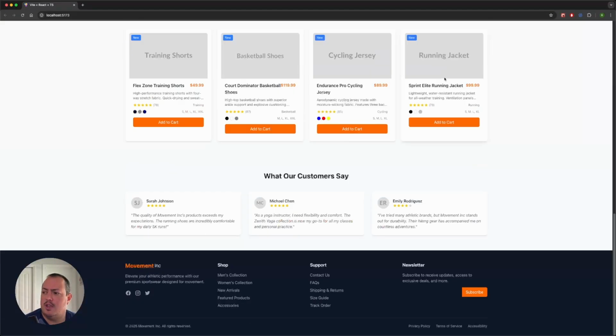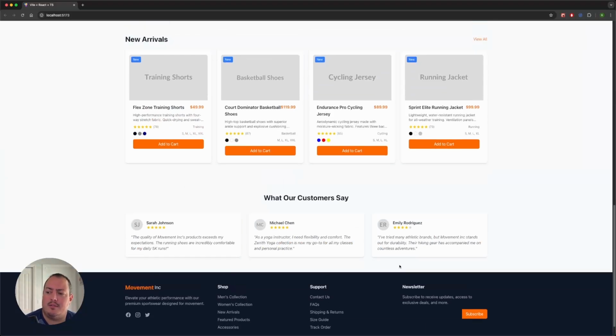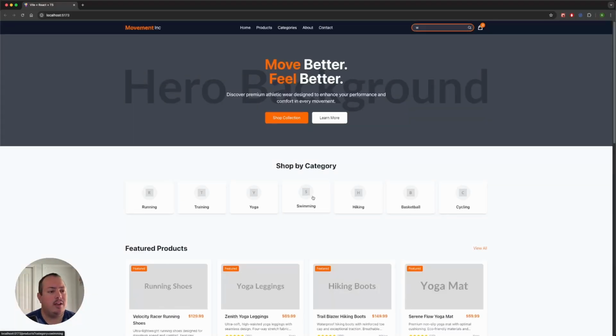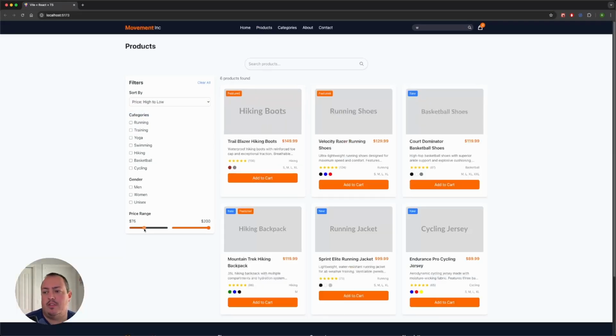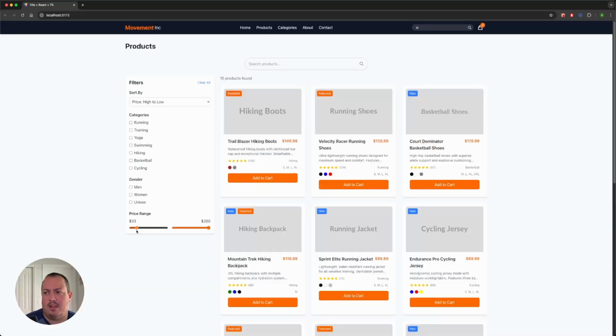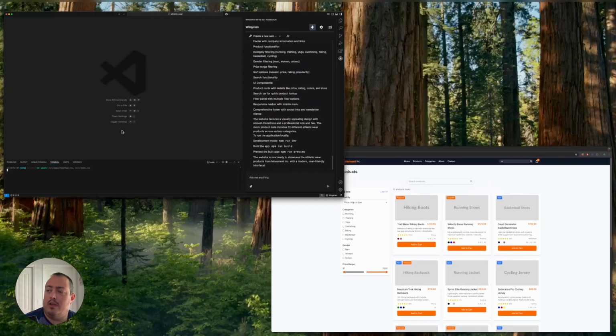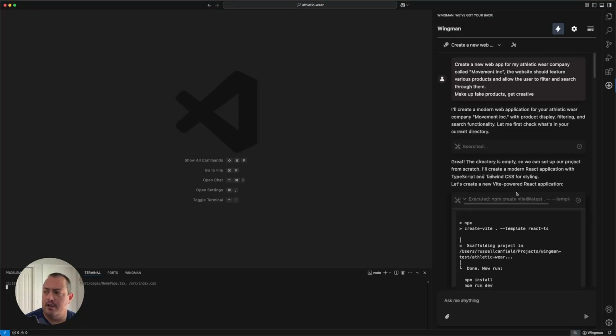I don't think search works. But it's a pretty respectable site. I think that this is a pretty common layout here. This is something you would expect in a modern website. To be honest, to see a one shot, being able to come in and filter and do these types of things. And again, it might not all be perfect in one single prompt, but this is a pretty respectable starting point, right? And going back to Wingman, so obviously this is done,